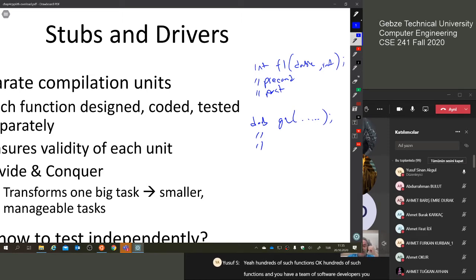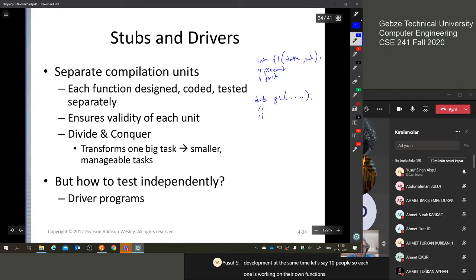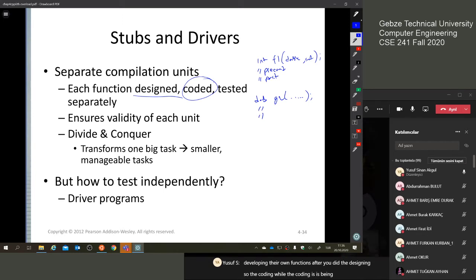Doing the development at the same time, let's say 10 people. So each one is working on their own functions, okay? Each one is developing their own functions after you did the designing. So while the coding is being implemented, coding is being executed, okay? Each developer should have his or her